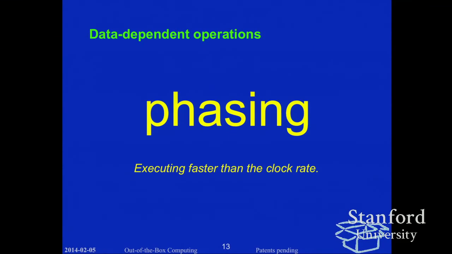A consequence of the way the mill is organized is that we are in fact able to execute faster than the clock rate would appear to make possible. I want to emphasize that this is a programming model. The underlying reality does not have a time tunnel inside it. There is no black hole and a spinning black hole that permits you to